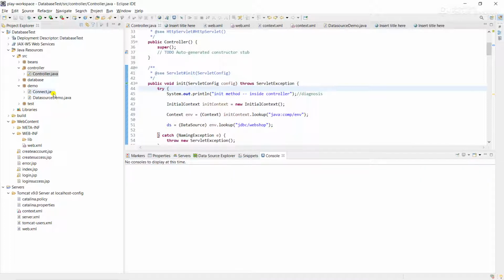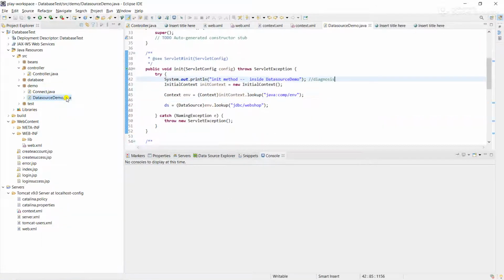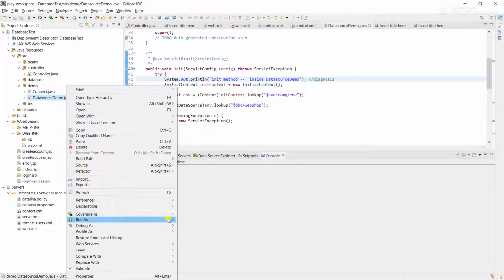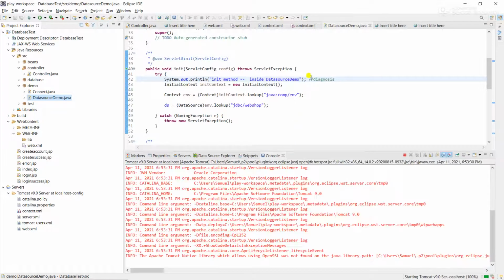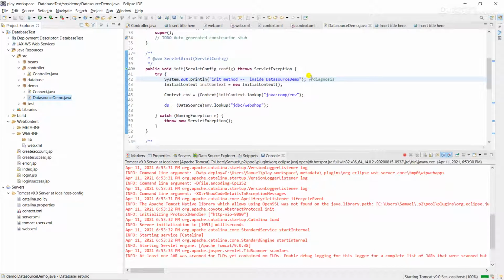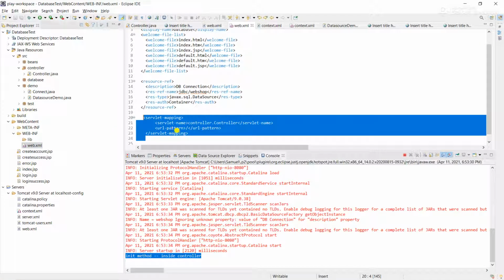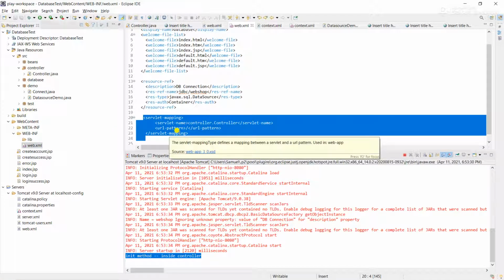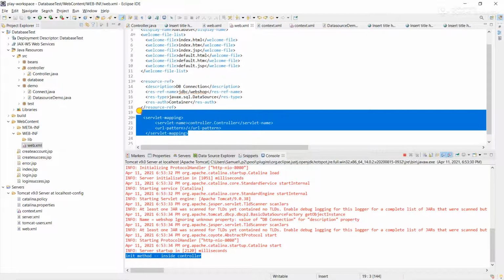Let's clean our terminal. Let's run the piece of code again from the DataSourceDemo. So you see it's calling the inside of the controller method, which is wrong because of the servlet mapping that has been done in the web.xml. The web.xml is more of your scaffolding for all your servlet mapping and deployment descriptors. So let's just copy the same thing